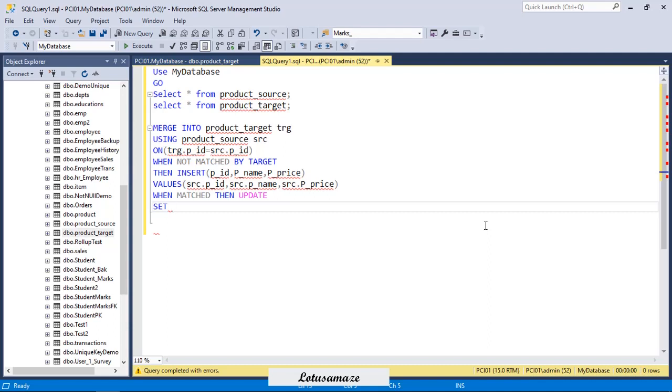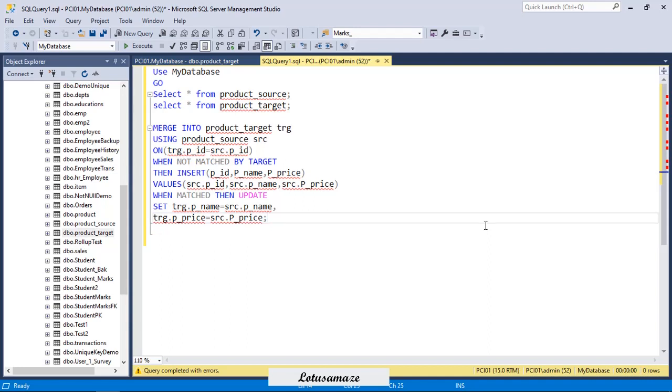Say set trg.pname equal to src.pname, then comma, the second column trg.pprice equal to src.pprice, semicolon.